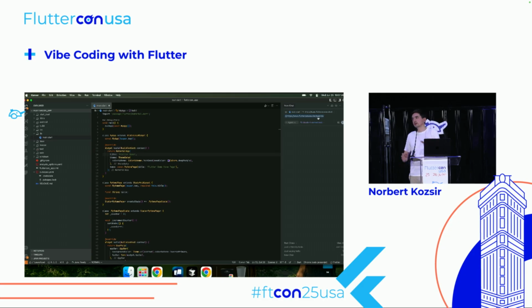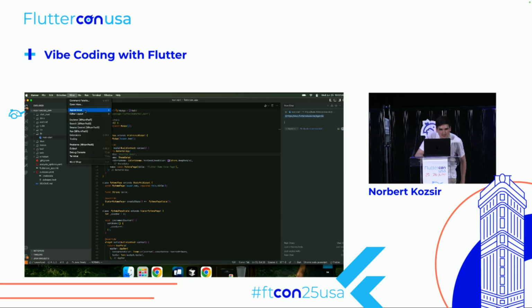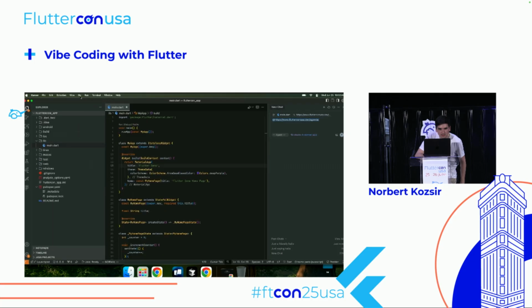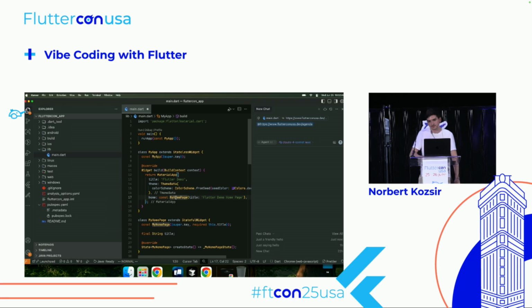The cool thing about Cursor is that it has native integrations to many different things. Namely, you can just paste the link and it is able to read the URL, parse the outputs and get the information. So we can tell Cursor, hey, we have this data, we want to extract it. By the way, let me increase the size, I totally forgot. Appearance, zoom in. So this should be better. We can just tell it to extract data.